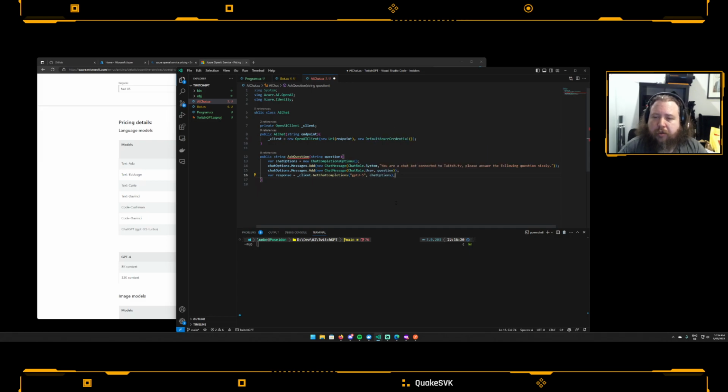Cool. So, right, we've got the chat completions coming into a response. Cool. And then we want to return the response dot value choices and the message. And it's saying it doesn't like that, and content, there we go. So